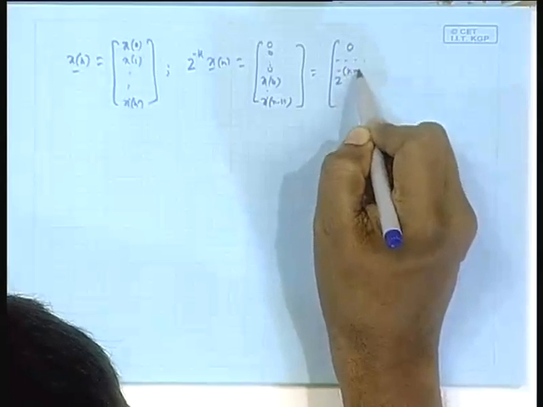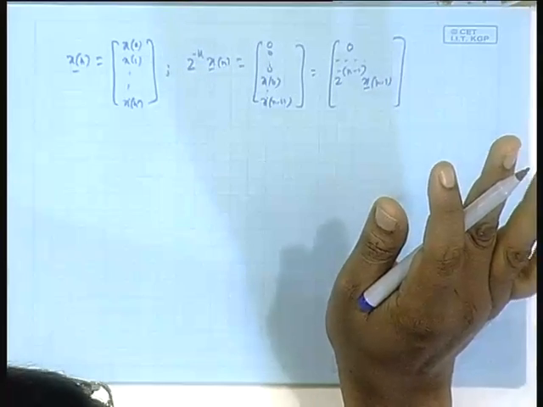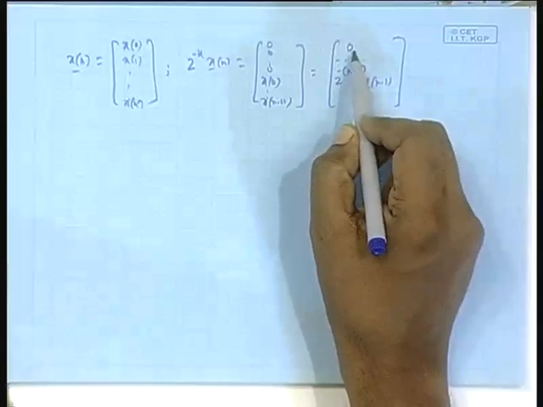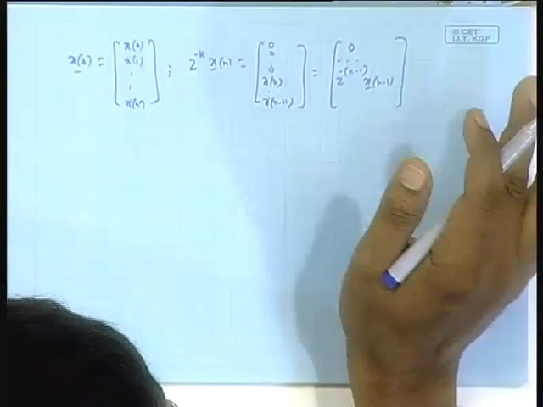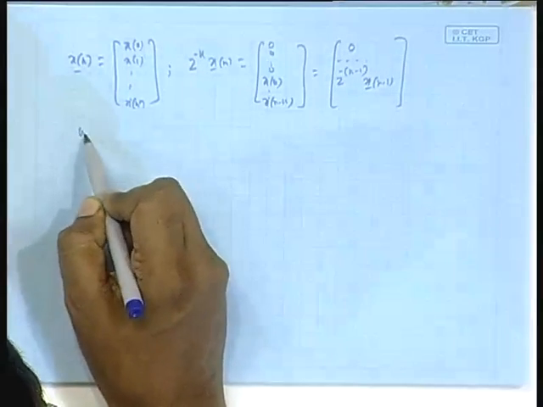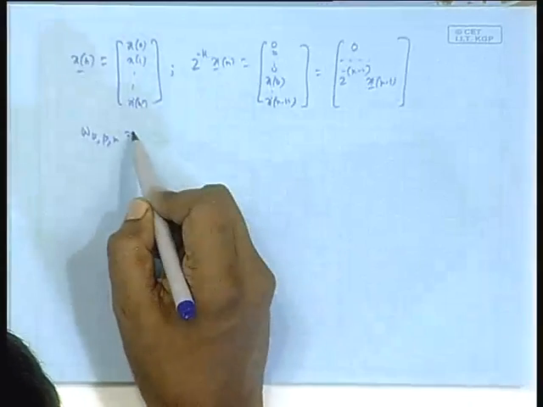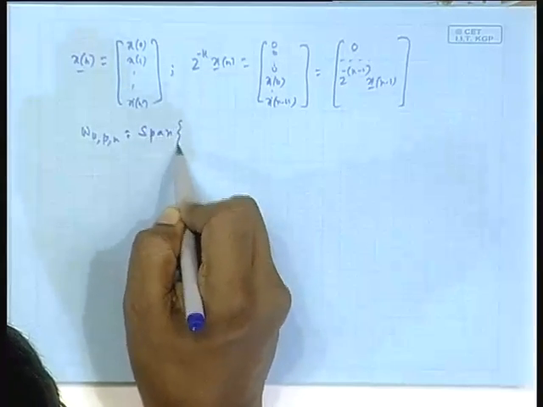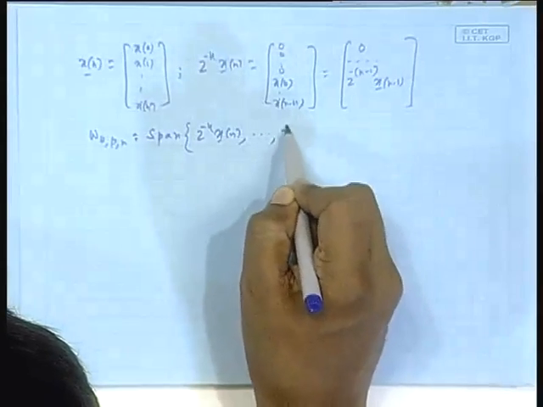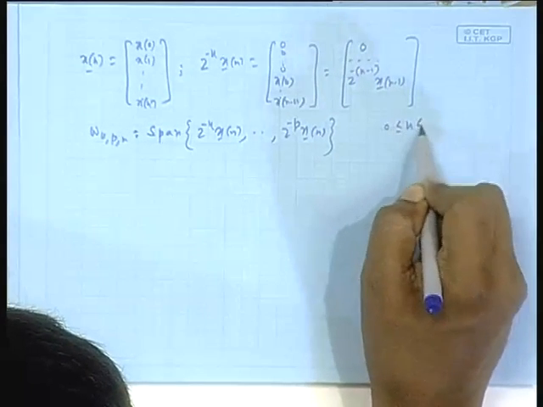z to the power minus k minus 1 x n minus 1, right. This you have seen yesterday, is not it: x n minus 1 vector, on top of it k minus 1 zeros and 1 more 0. Okay. This was the thing, and then we had w k p n. This is repetition, but this is my workbook, so I have to write them. K greater than or equal to 0, less than or equal to p.